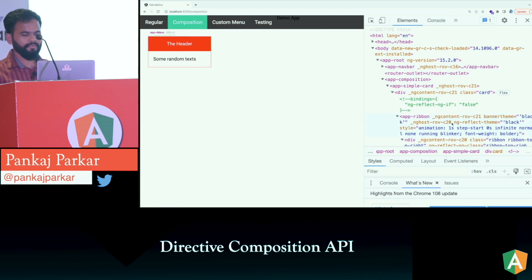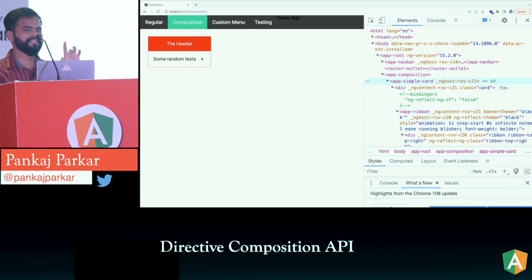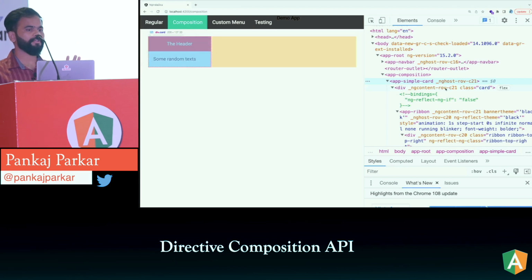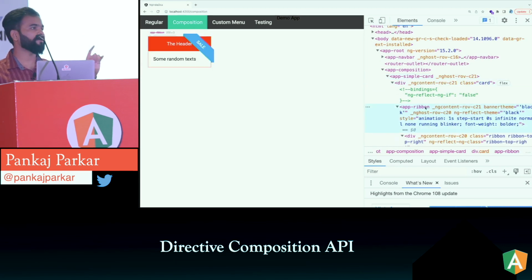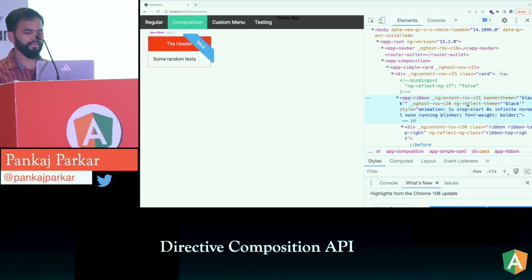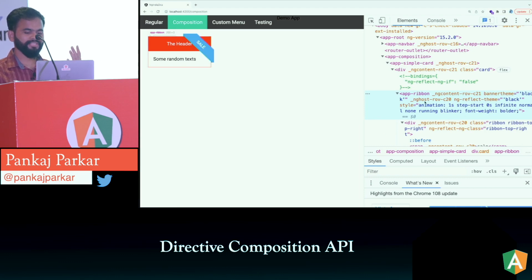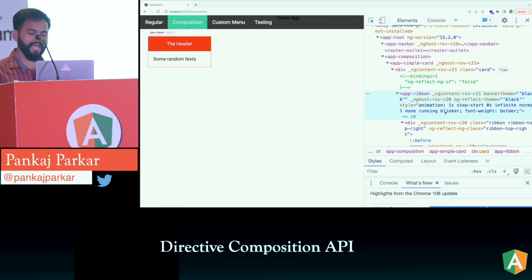Okay, fine. If you look at this particular component, it is the simple app simple card, but we will focus more on the app ribbon component now. If you look at the app ribbon component, you will see there are so many attributes that have been added, like ng host, one theme, one style.